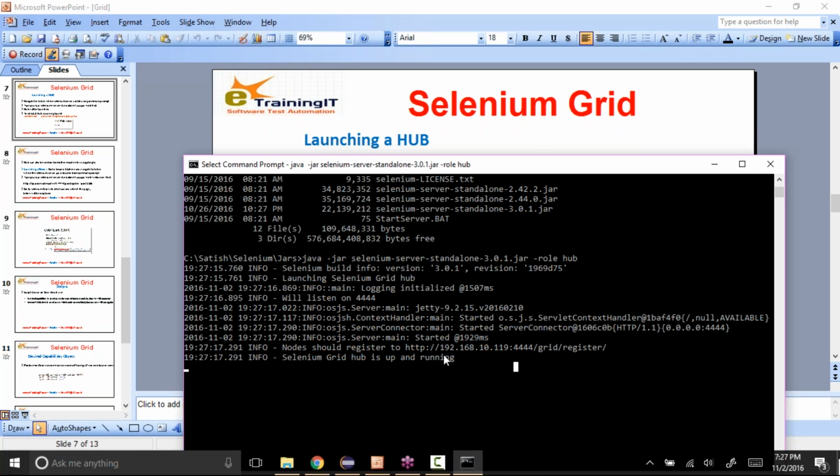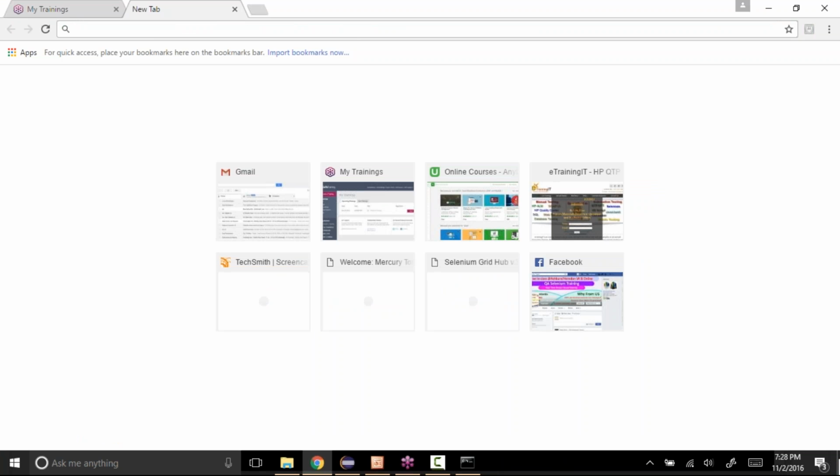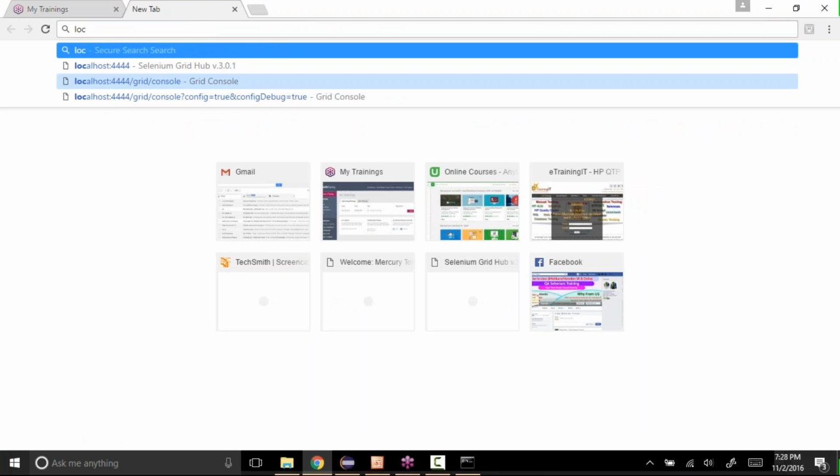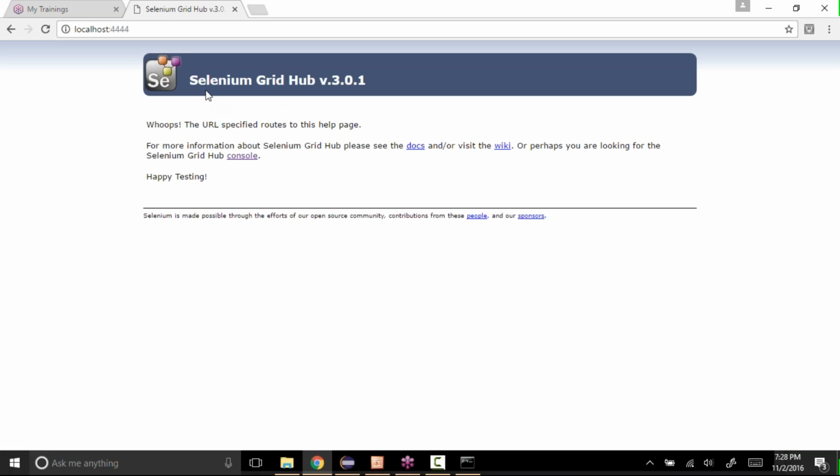In case you want to check whether this hub is running or not, what we can do is go to the browser, open a tab and say localhost:4444. Navigate to it. It will give you this Selenium Grid hub version 3.0.1. And just click on this console. For more information about the grid hub, there are docs, like a help file, or you're looking for the console. So just click on this console